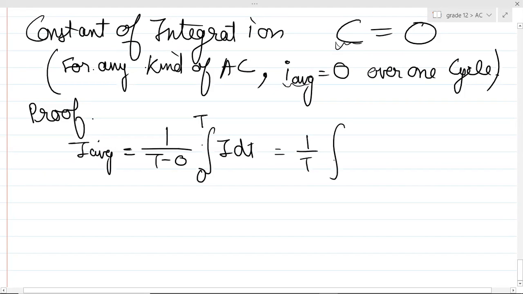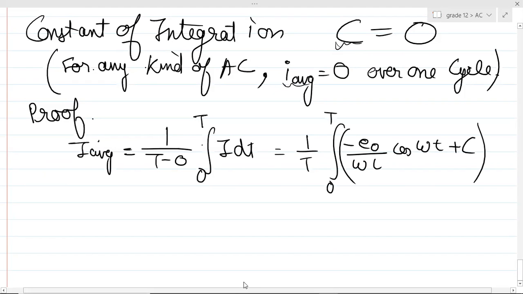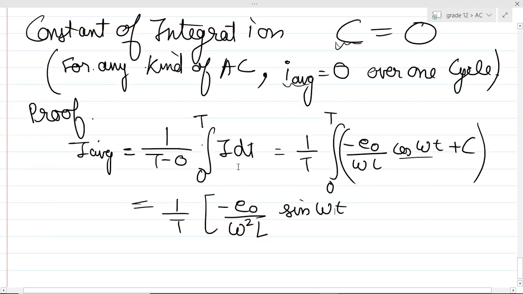So 1 upon t, integration of minus E naught omega L cos omega t plus C, from where to where? 0 to t, right? Yes or no, guys? So basically what will this be? This will be 1 by t times minus of E naught, and cos omega t will become sin omega t, right? And one more omega will come in the denominator, so minus E naught omega square L sin omega t, and the limits will be from,